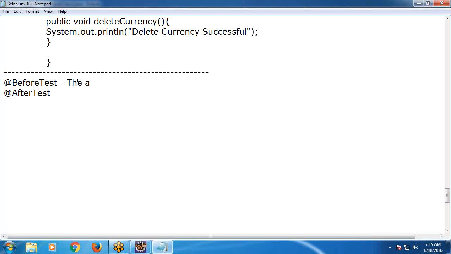The annotated method will be run before any test method belonging to the classes